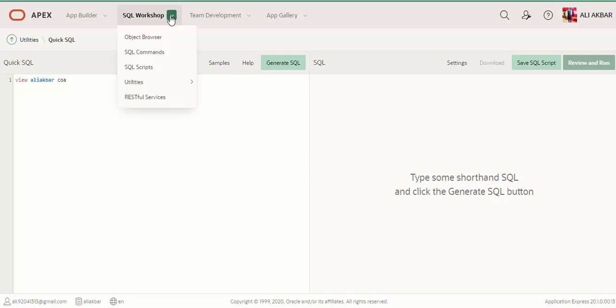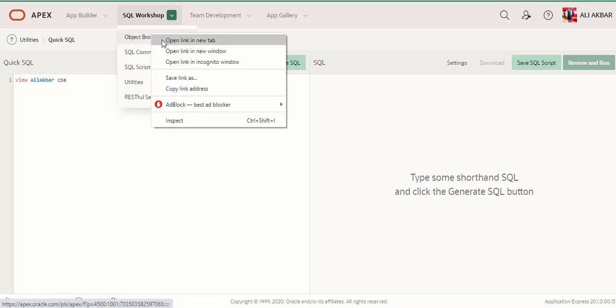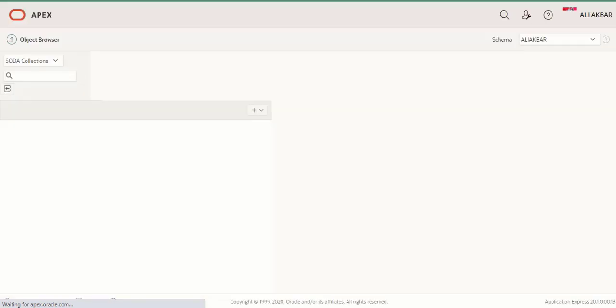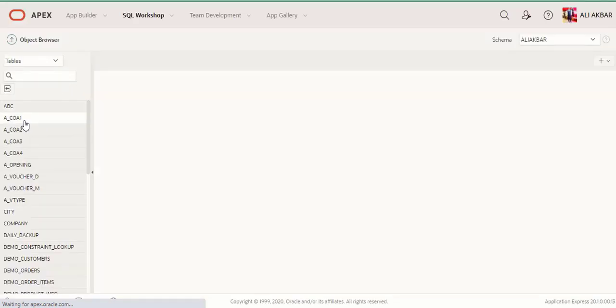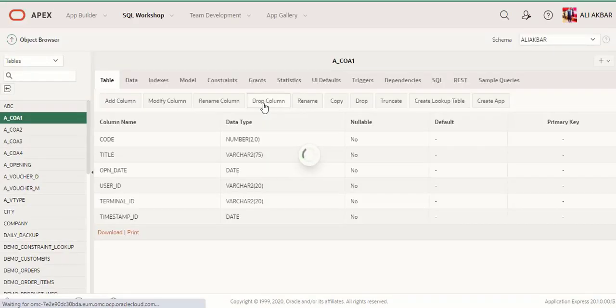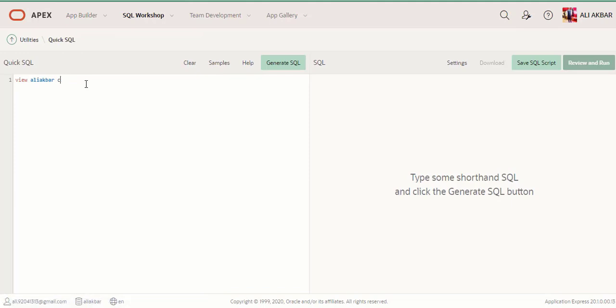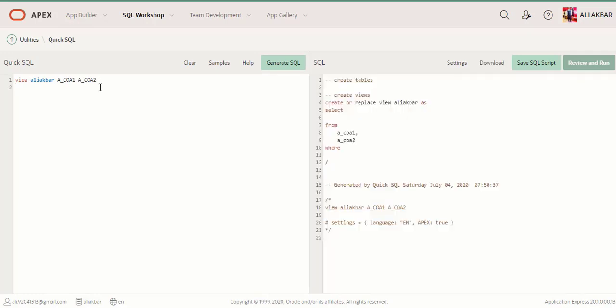You can see the table name from here. We will create the view on this table. I paste a space, then paste the second name. When you press enter, you can see Apex auto-generated the query for you.